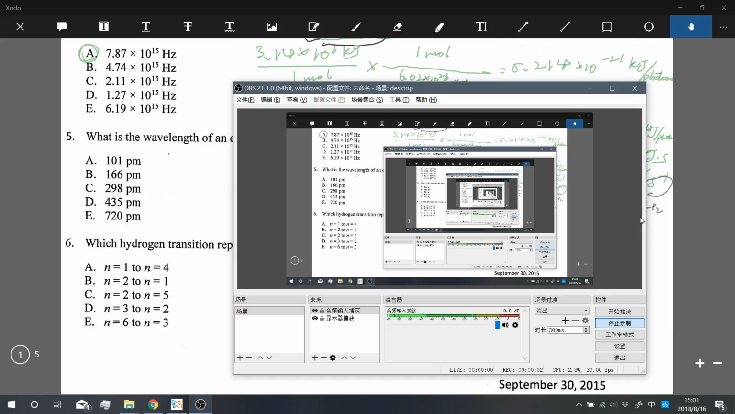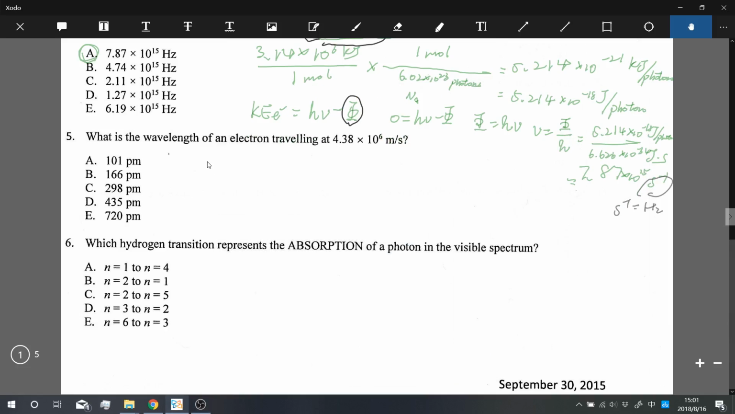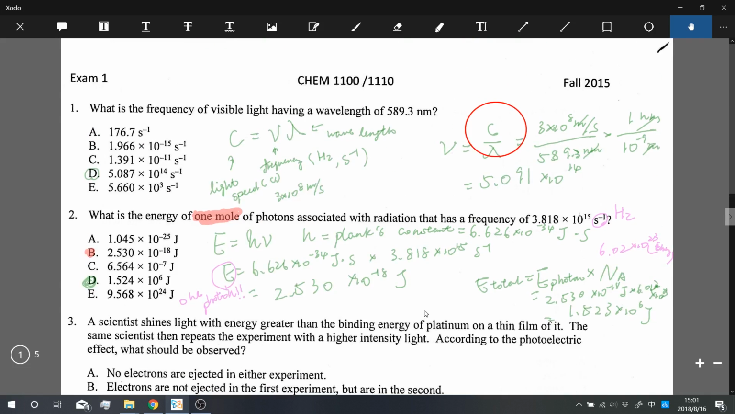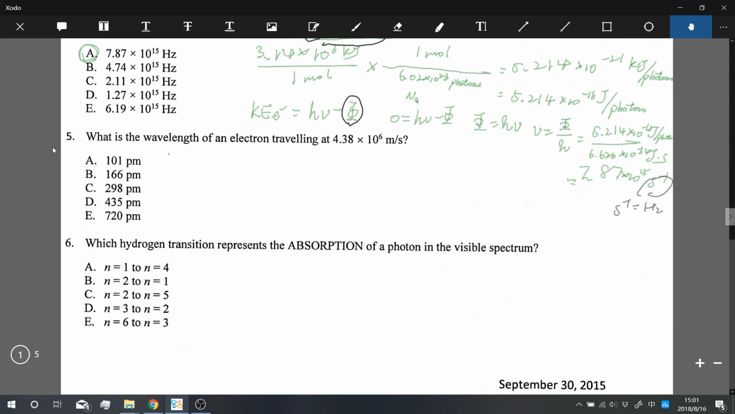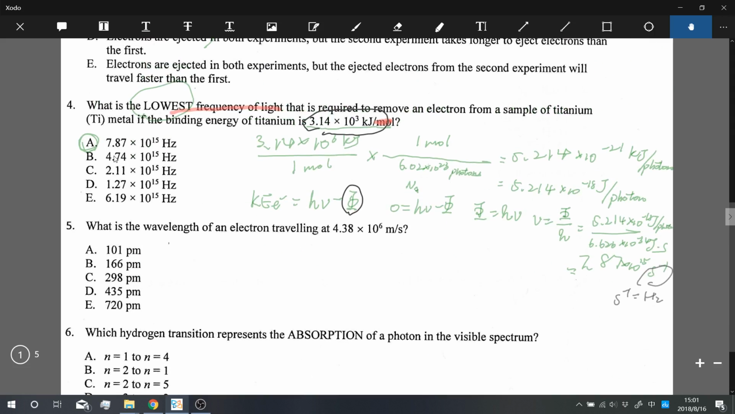Okay, let's keep going. So we're still on exam 1 from 2015 fall semester, and we are on question number 5. It says, what is the wavelength of an electron traveling at 4.38 times 10 to the 6 meters per second? As you can see, this is a very typical